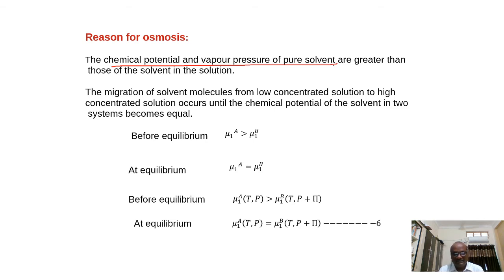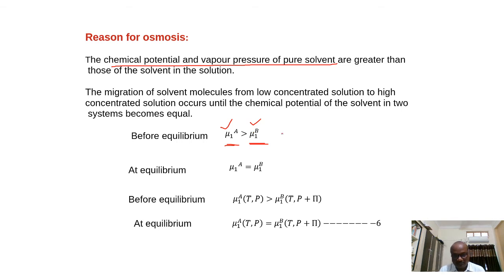So let's say capital A is a low concentrated state, capital B is a high concentrated state. In the low concentrated state, what happened? The chemical potential of solvent will be greater than the chemical potential of solvent in the solution at high concentration. At low concentration, it is represented by mu1A. High concentration, it is mu1B. Why are we writing mu1? Because 1 indicates solvent. We give the number 1 to the solvent. That's why mu1 present in A state is greater than mu1 present in B state. A state represents the low concentrated solution. B state represents the high concentrated solution.